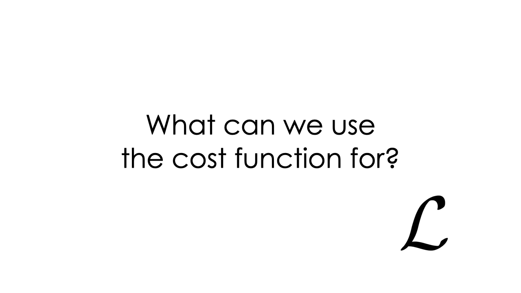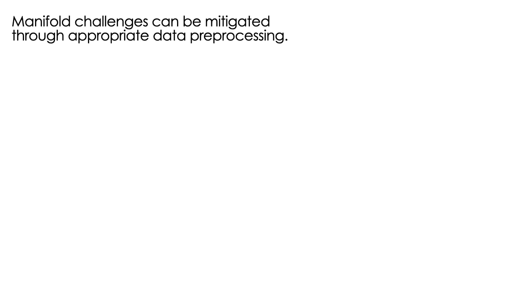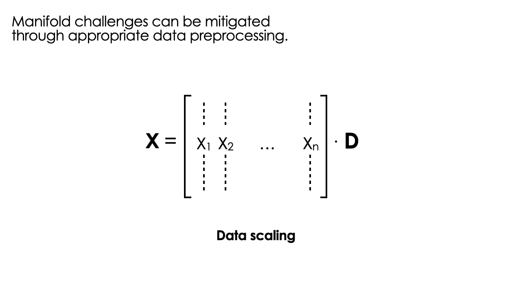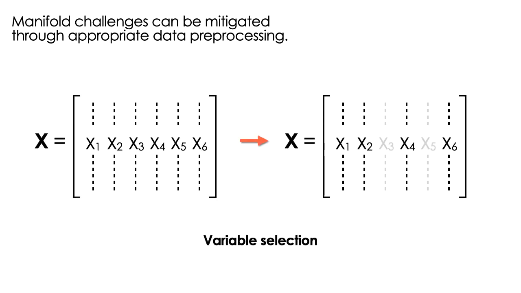So what can we use our cost function for? Well, often the different challenges with low-dimensional manifolds have been mitigated in the literature through appropriate data preprocessing. The most straightforward way of data preprocessing is data scaling. So we basically multiply every state variable by some scaling factor. The second approach would be variable selection. So we take our original matrix and we discard certain columns from that matrix and project that new subset instead of the full